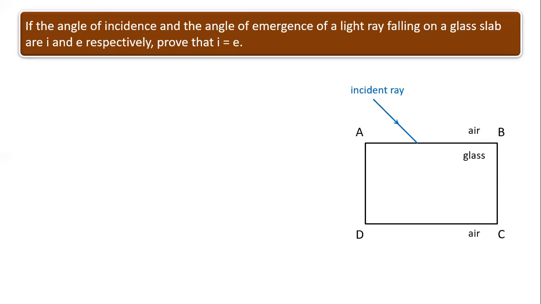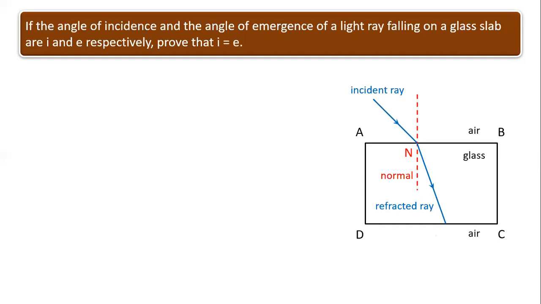Obviously this ray is called the incident ray and that point of incidence is N. At that point of incidence, if I draw a perpendicular, definitely this perpendicular is called the normal. Now here you can see a ray of light is traveling from air to glass. That means light is traveling from a rarer medium to a denser medium. So this ray of light will bend towards the normal and here is the refracted ray.